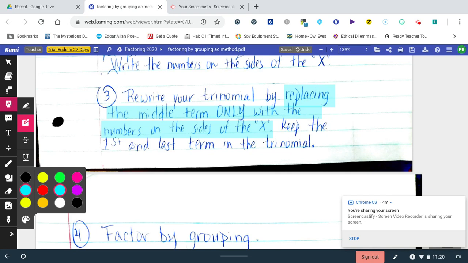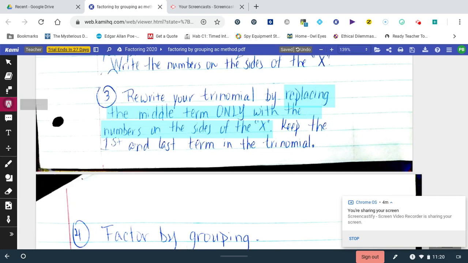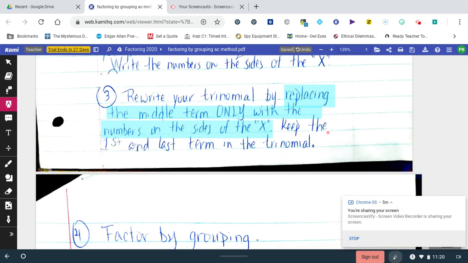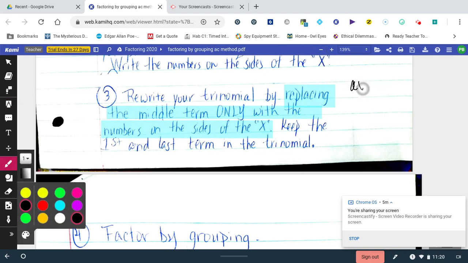Okay, so that's how you use the numbers on the sides of the x when your leading coefficient is something other than 1. Then it says keep the first and last term in the trinomial. So basically, guys, this is what it's going to look like. If you have ax squared plus bx plus c, then what you'll end up with is replacing this middle term with some other